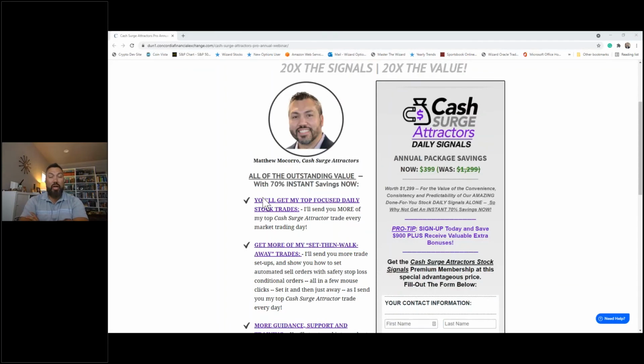So this is stocks only. I'll teach you how to trade options, how to pick option chains if you want in class, but these are stock signals. So we give you the stock name, we give you the company name, right? We give you every piece of the puzzle. You set them up at night. We send these out between 7 and 8 o'clock at night, so you have the entire evening and the morning before the market opens the next day.